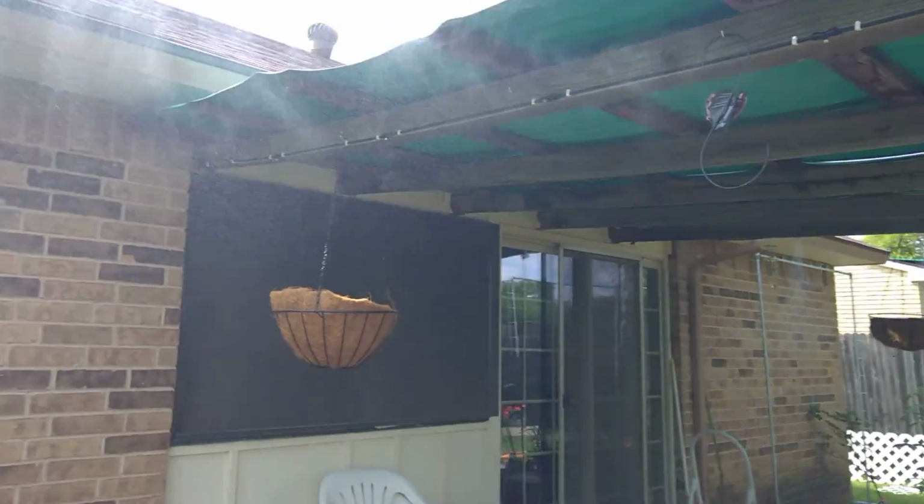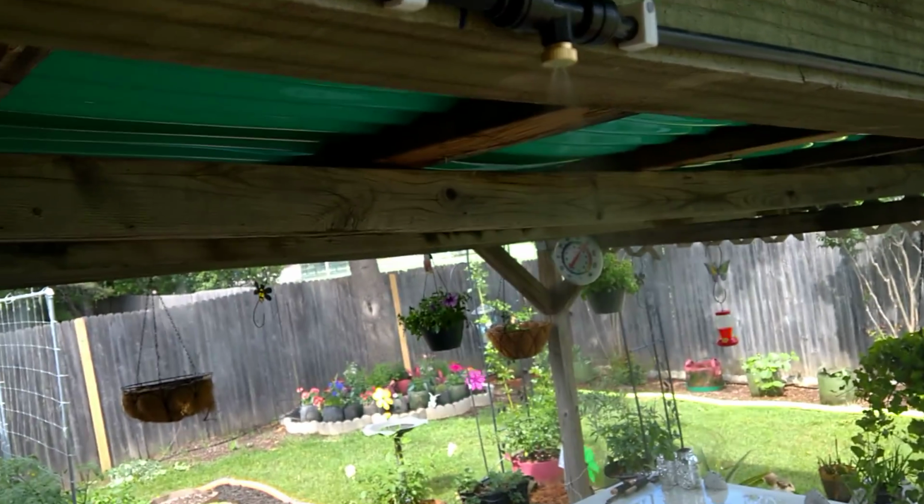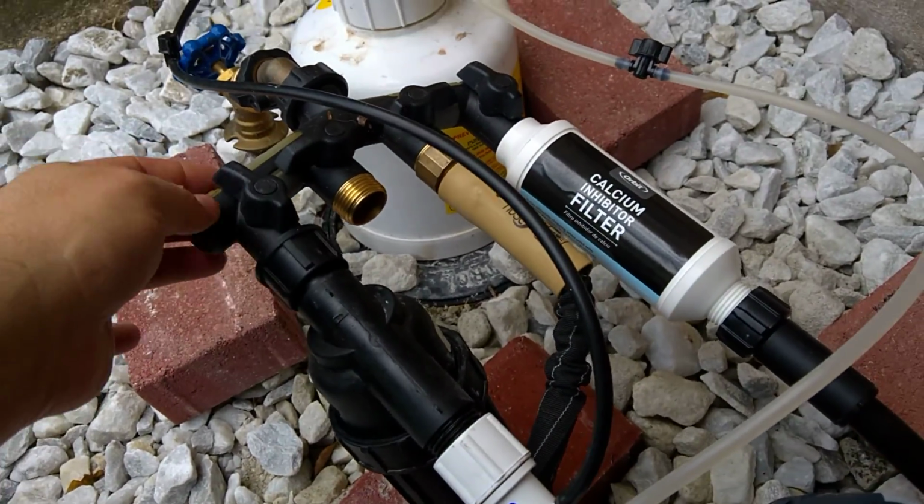It's pretty easy here. I'll show you how I connected it. So basically I just use 1/4 inch connectors here that are a little tube that the tube fits in, and then every about 2 feet I have the misting unit locked in, pointed down, and it's connected to the hose here. If we follow this down, if you remember, I showed you how I have the irrigation system hooked up. Well, this time it is hooked up to this empty